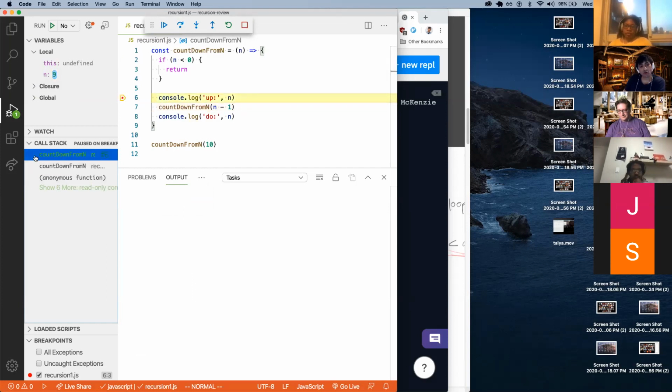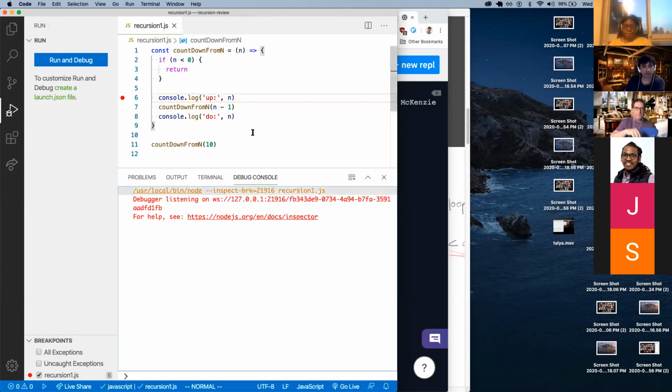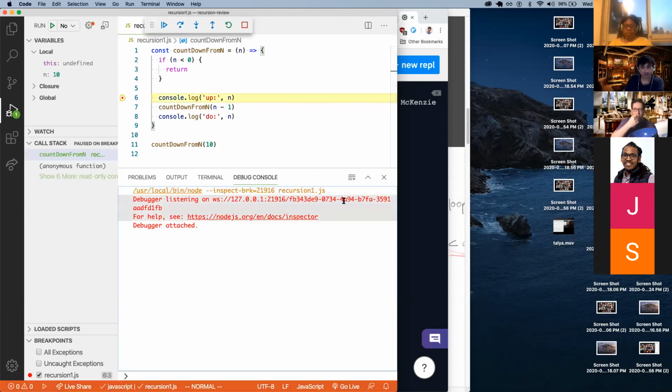And you see that put another call on the call stack. It put another call on this call stack where now N is 9, right? And are we console logging? Where is the output? Terminal, problems, debug console here. We got our 10. Let's restart this because I was not putting on the